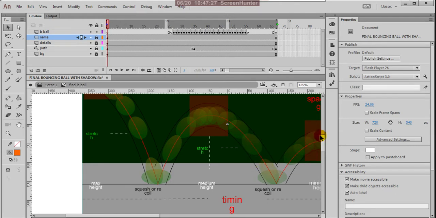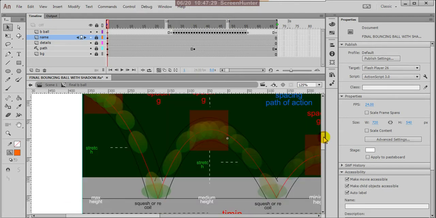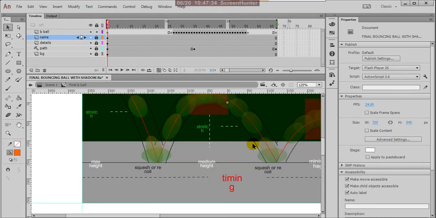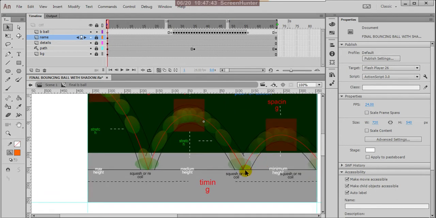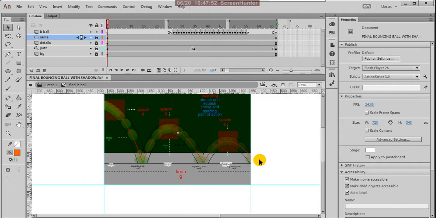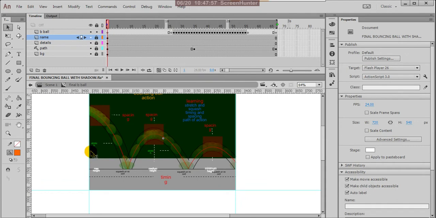For the speed, what we are showing is that the ball should stretch. The velocity, the speed, we show by the stretch only. Here the ball stretches more and hits the ground. After hitting, again it is jumping into the air, and slowly it is changing into normal, then leaving the room. So this is actually the path of the action.